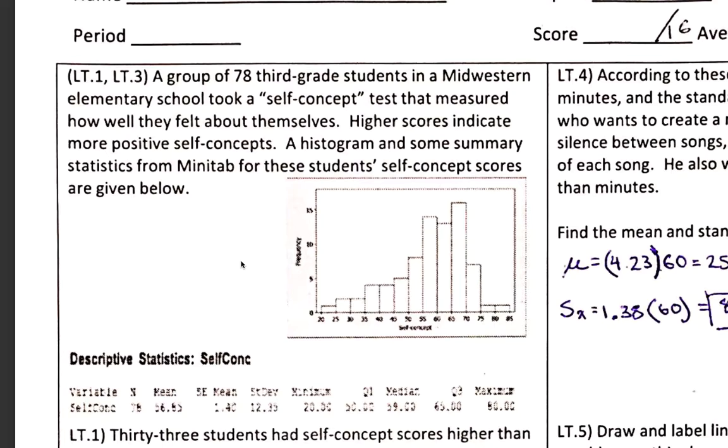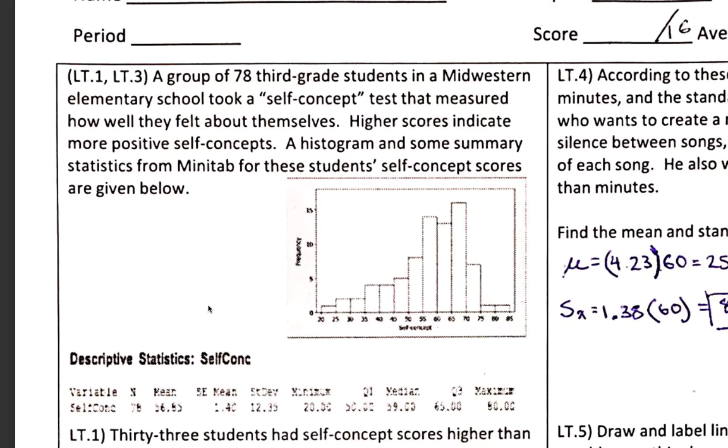Your review for the first half. For Learning Target 1 and 3, we're taking a look at a group of 78 third graders in elementary school who took something called a self-concept test that measures how they feel about themselves. Higher scores indicate more positive self-concepts. So we've got this histogram right here